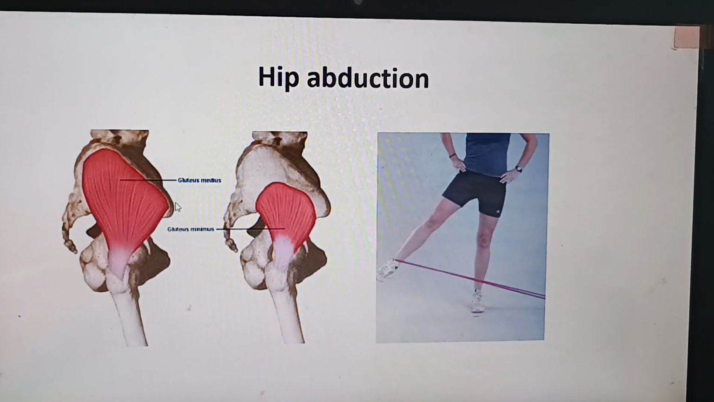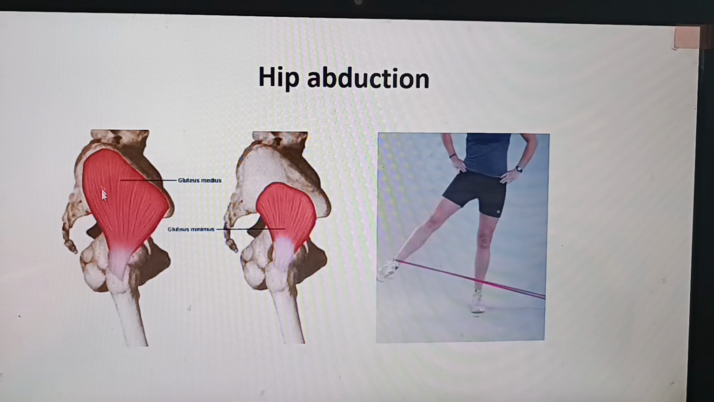So these are the two abductors, the gluteus minimus and gluteus medius. It is arising from the gluteal surface of the pelvis. So it's the gluteus medius and there's the gluteus minimus. These arise from the anterior gluteal line and the inferior gluteal line. So here